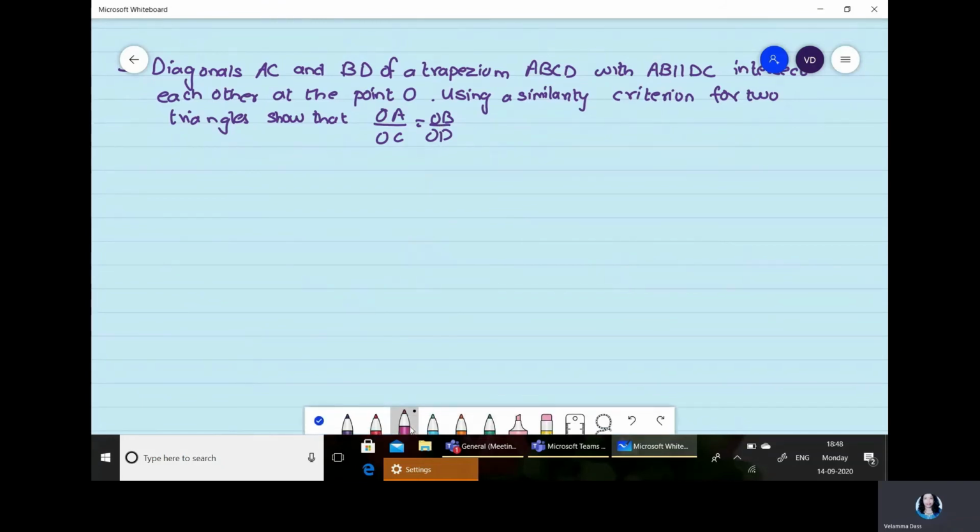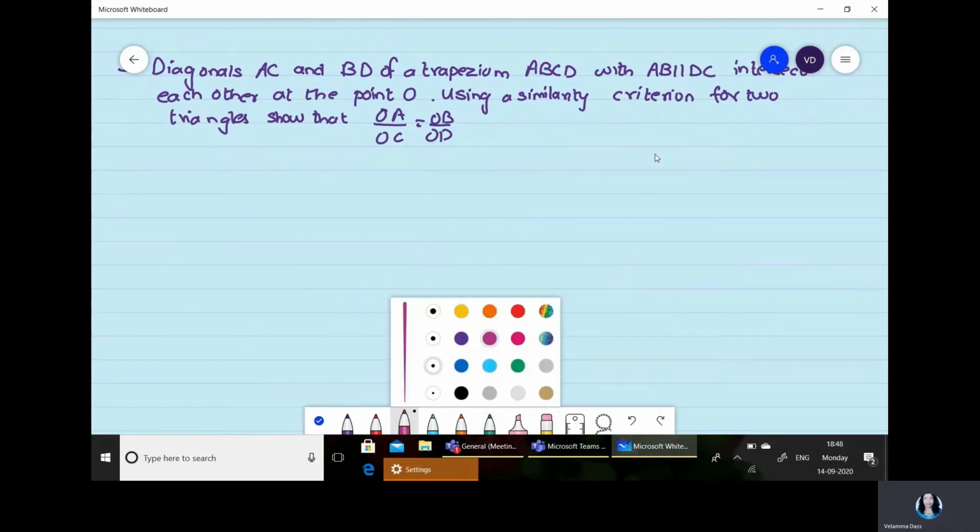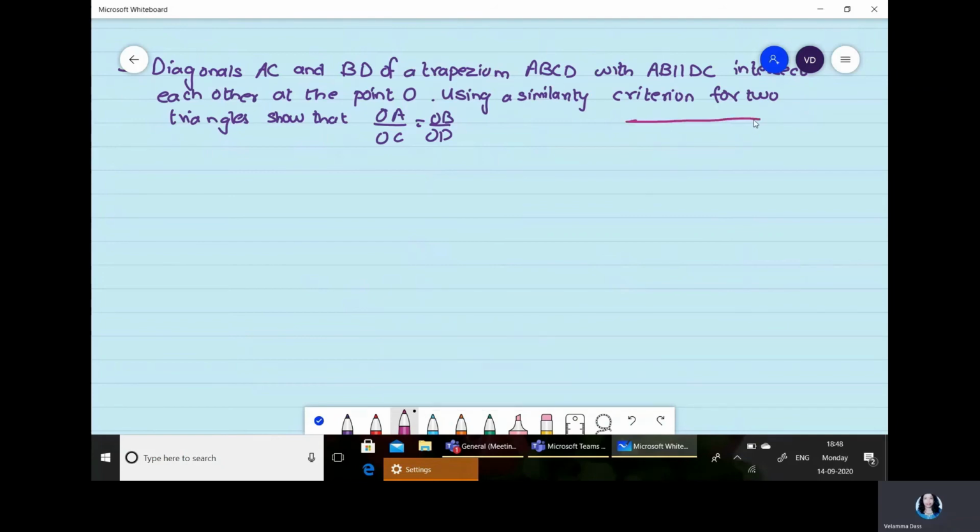So when the diagram is not given, the first thing is that we have to interpret the diagram. So there is a trapezium they have given, and so first let's draw a trapezium. Whenever you name a trapezium, see that you write the letters either clockwise or anti-clockwise. So here let's take ABCD. I'm mentioning the figure name. It is given that AB is parallel to DC and the diagonals are intersecting each other at the point O.